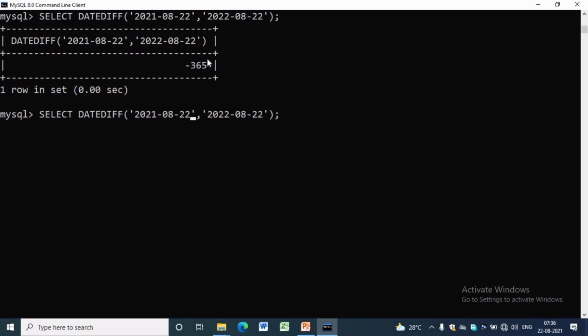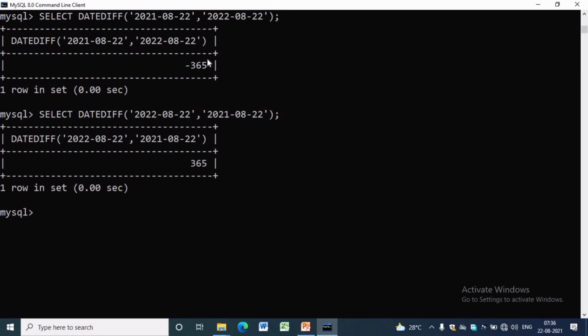If we simply change the order, SELECT DATEDIFF 2022 comma 2021, it will give 365.